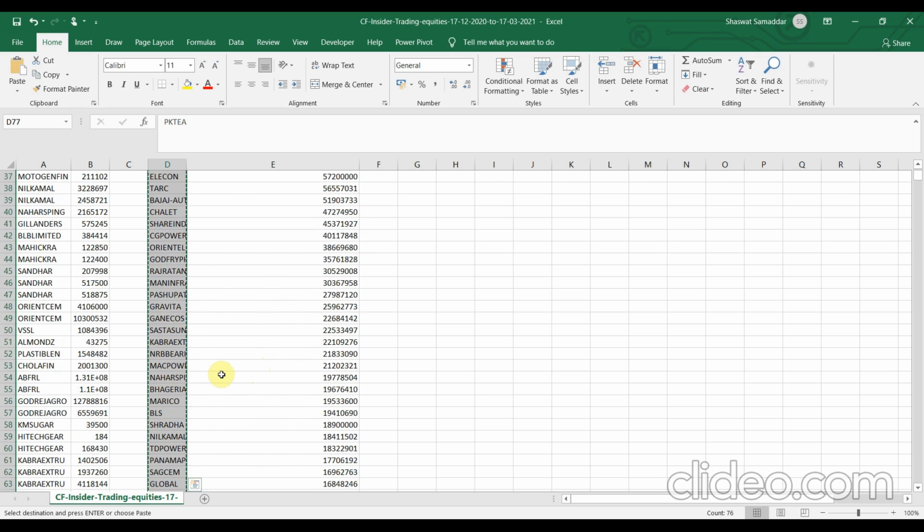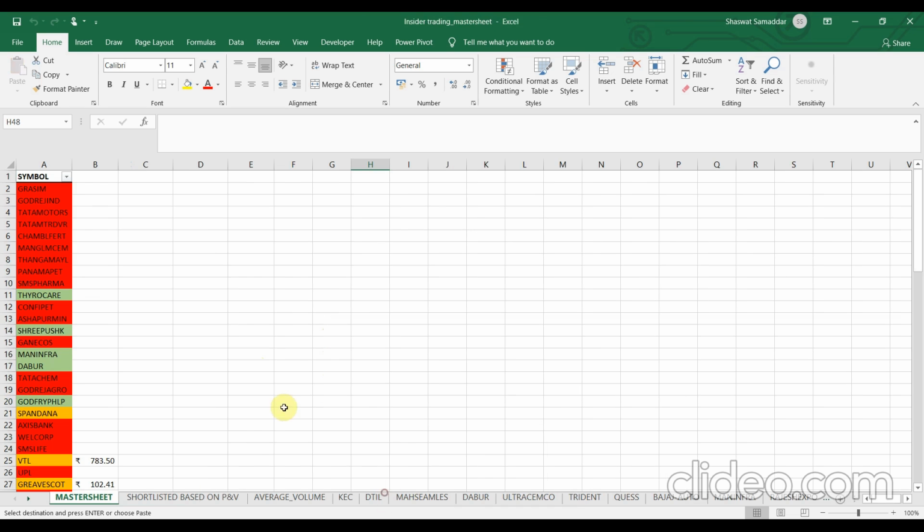Okay, let me copy this down and let me go back to my insider trading master sheet that I have been maintaining. Now, as I stated earlier in the video itself, we have to do this analysis on a daily basis. It's not possible for us to do the analysis of 97 or 100 stocks on a daily basis. So, what I try to do is I maintain a master sheet so that I could know for which stocks I have already done the analysis, so I could skip those particular stocks and do the analysis for the stocks which are new into this particular list.